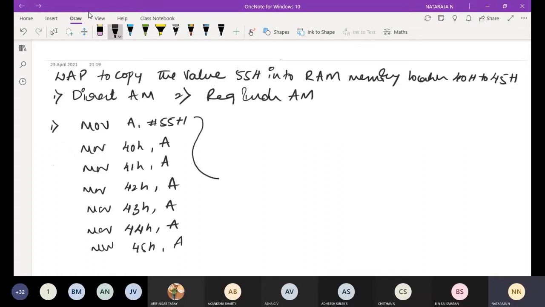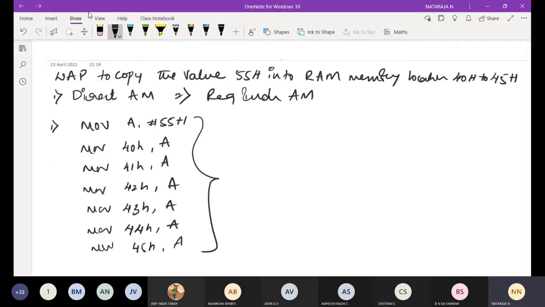Here we have used direct addressing mode to store the value in the different memory locations.